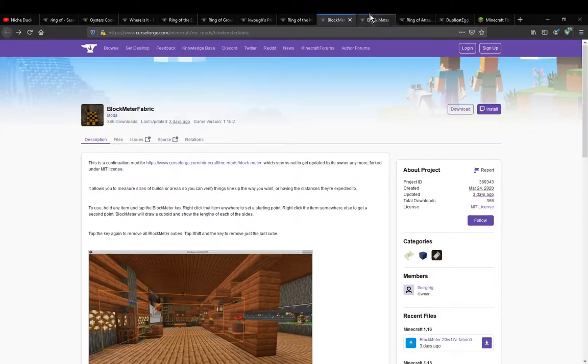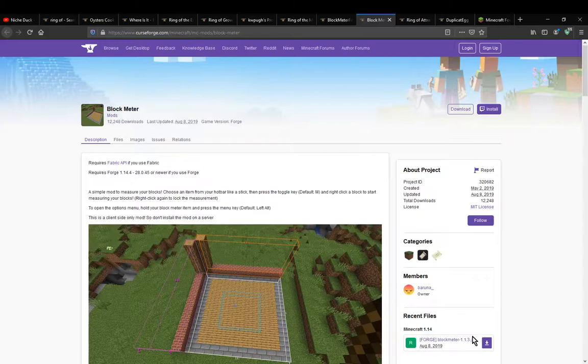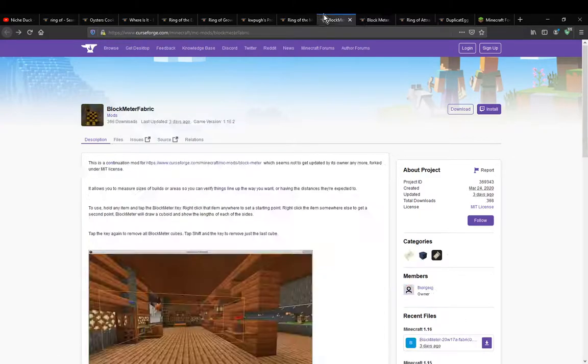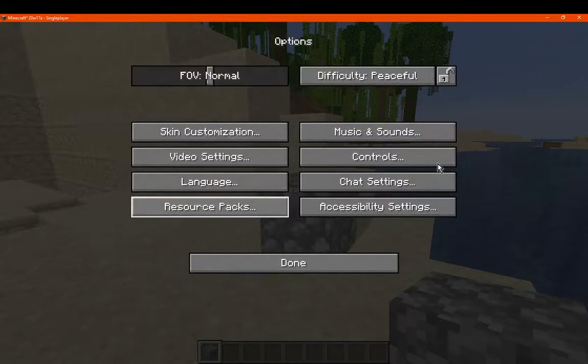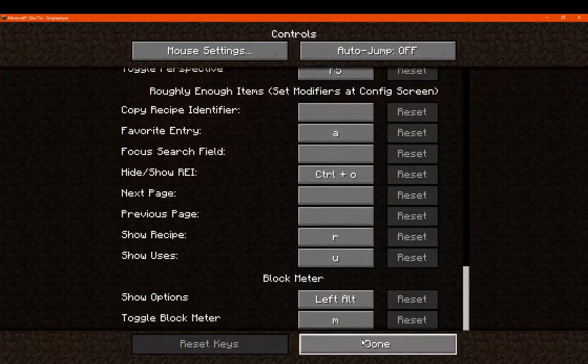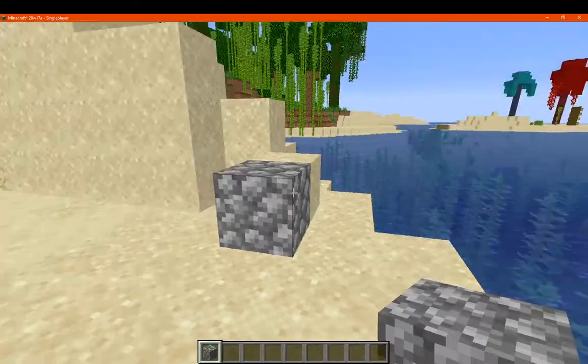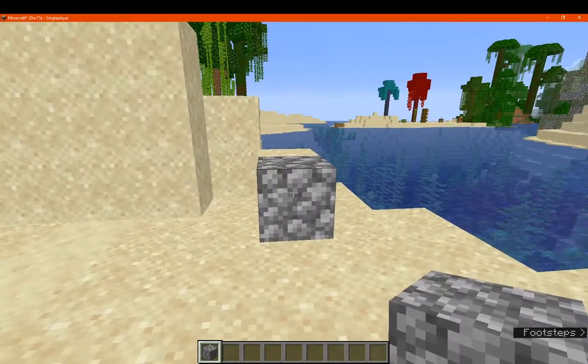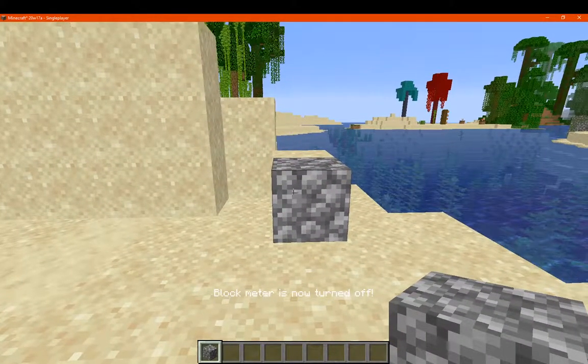Now this is a mod that's a continuation of the 1.14 version, and what it allows you to do is make things easier to measure spaces for builds. So, you've got two controls specifically, which you can change in the key bindings right here. You'll have one to show options and one to toggle the block meter on and off. So if you just go with, say, the default of M, you can see the block meter is now turned